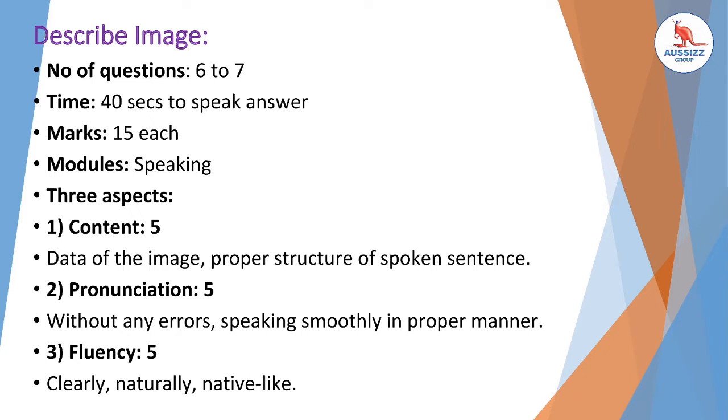Talking about describe image, it will again have 6 to 7 questions. You can expect a score of 15 marks just in the speaking module. So describe image is not an integrated module, it just gives the score towards speaking only. Prior to this, read aloud and repeat sentences were integrated modules. They were giving scores to reading and speaking, and listening and speaking, respectively. So enabling skills here are content, pronunciation and fluency. For a good score in speaking, definitely pronunciation and fluency are most important.